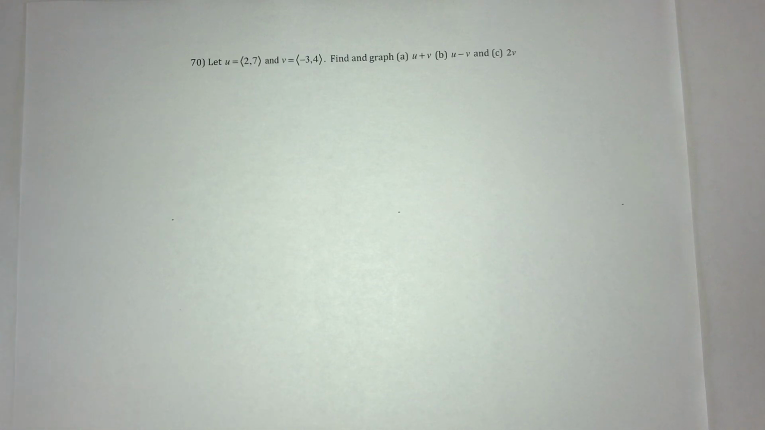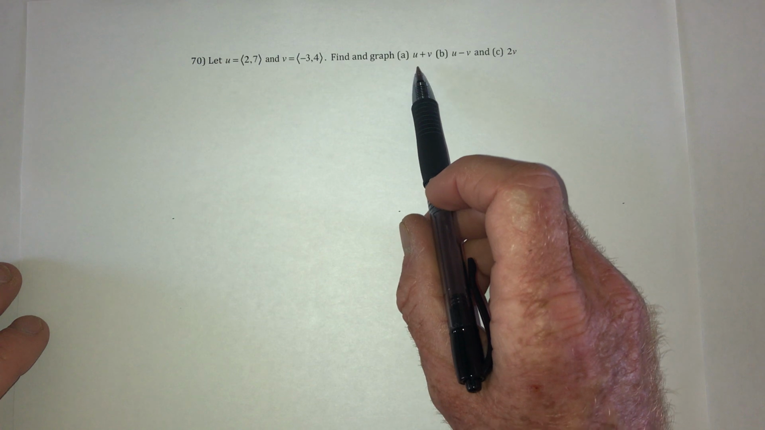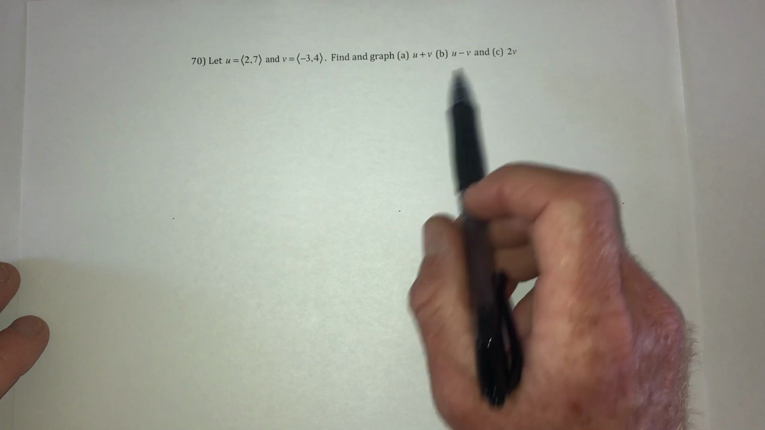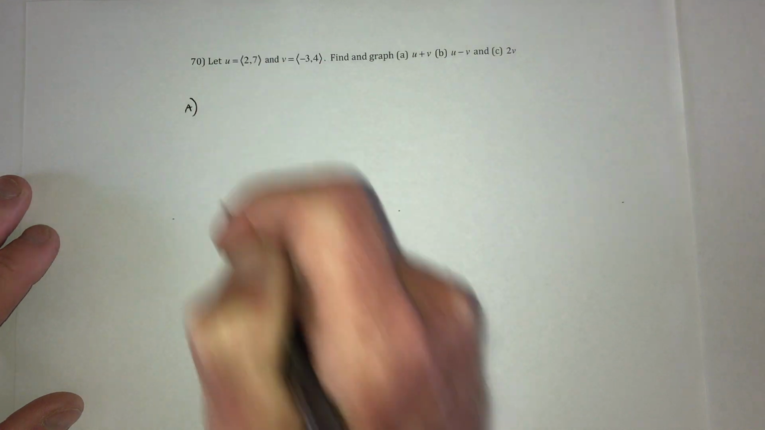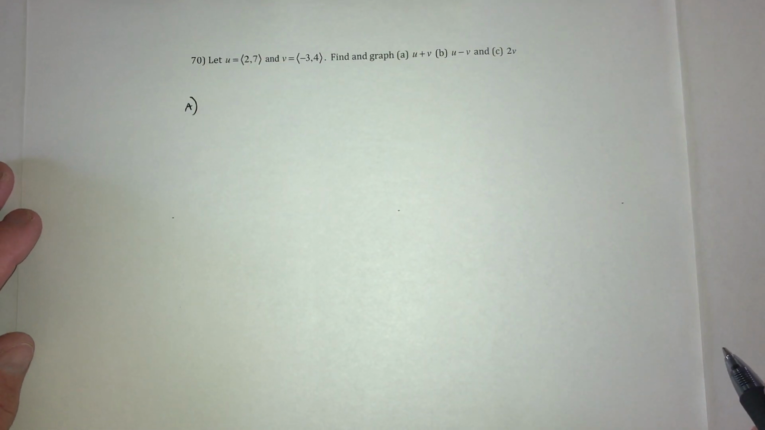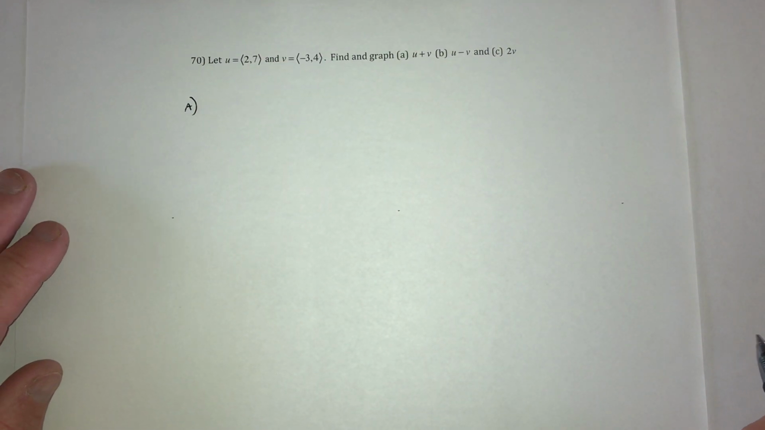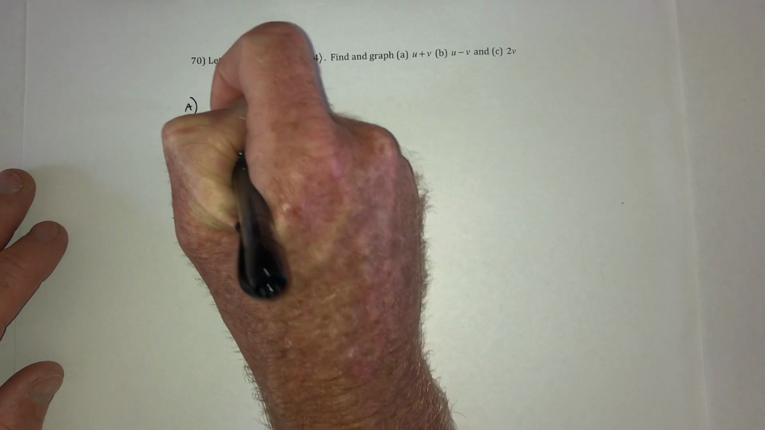Well, this just in, it's time for vectors. So graph, and I put it as A, B, and C so that you graph them separately. So for part A, graph U plus V. So first of all, to find U plus V,